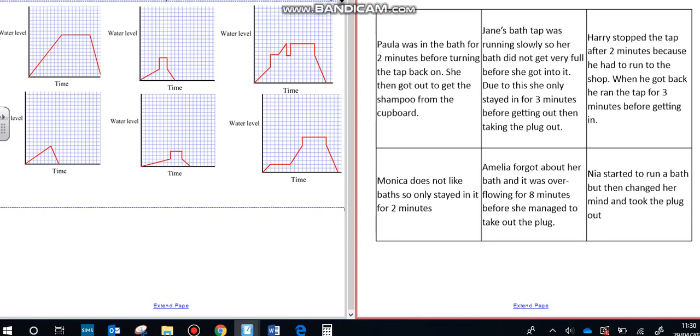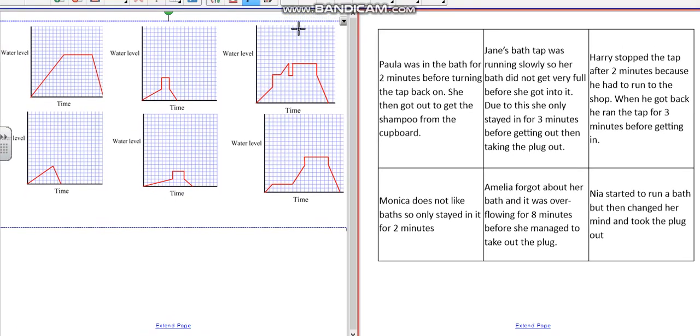And we will join up the graph to the description. So if I look at the first description, it says Paula was in the bath for 2 minutes before turning the tap back on. Then she got out to get the shampoo from the cupboard. So we know it was filled, we know she got in, and then we know it was filled a bit more. So if we have a look,